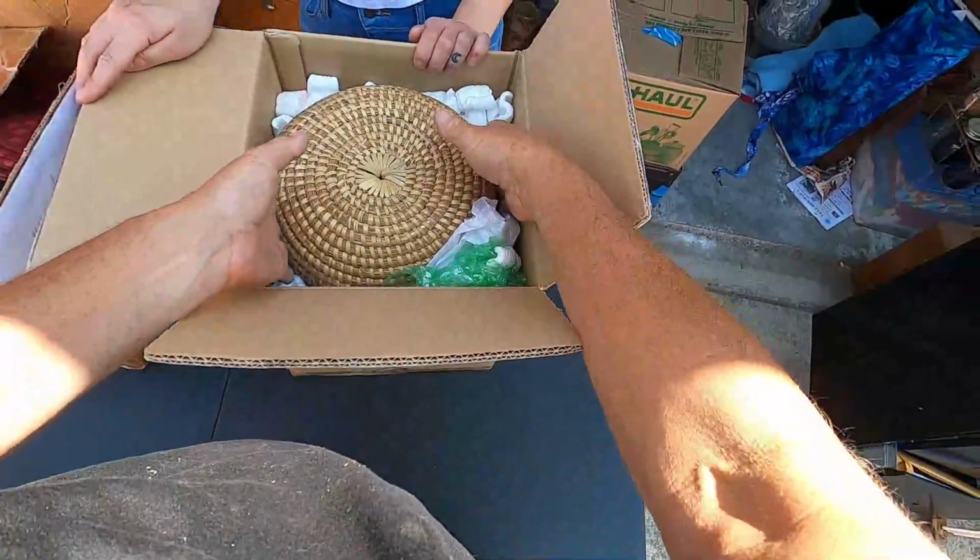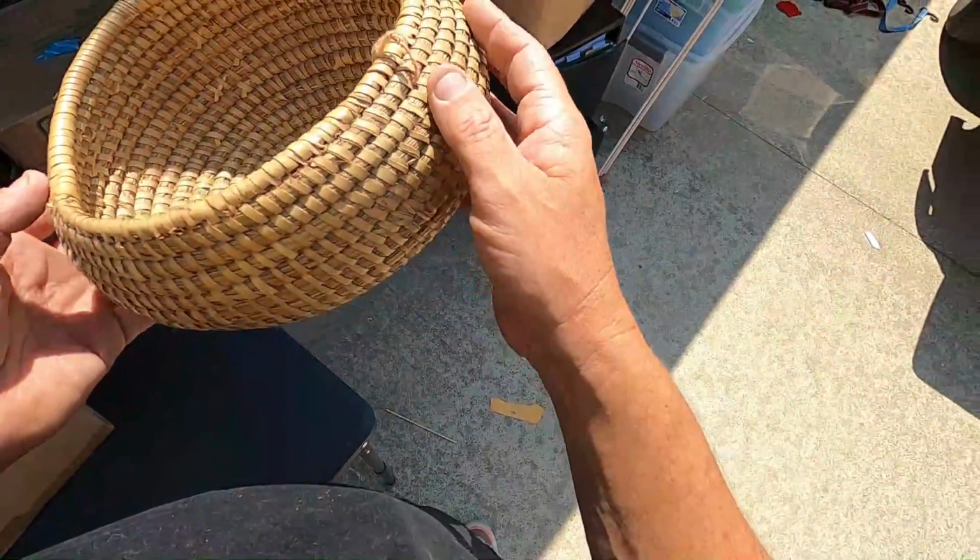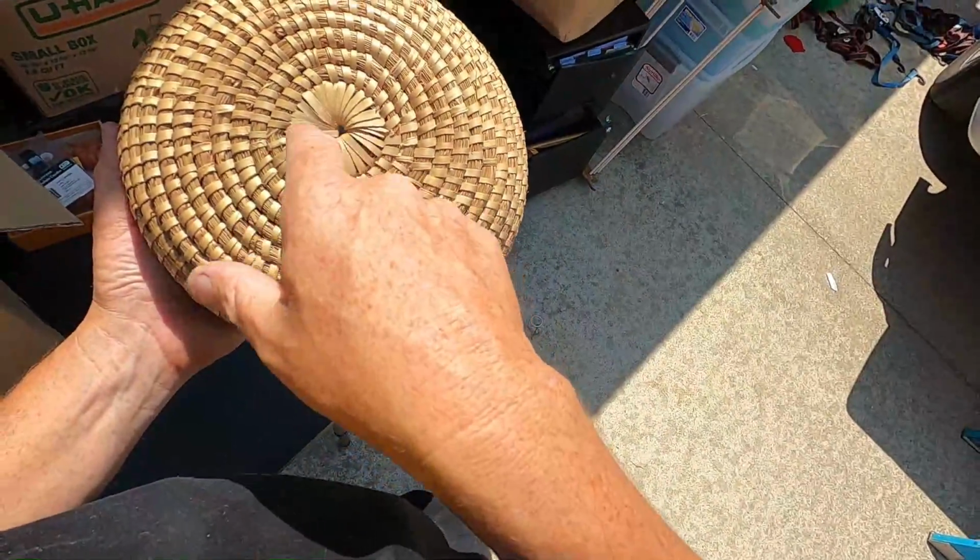Ooh, is that Native American? Maybe. Kind of looks like it. It does, and it's very crude. And it's got like the way it starts. My friend taught me a long time ago that when there's a hole in the center, and they go,